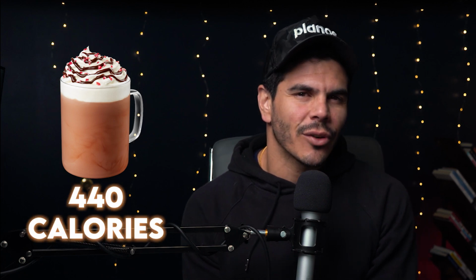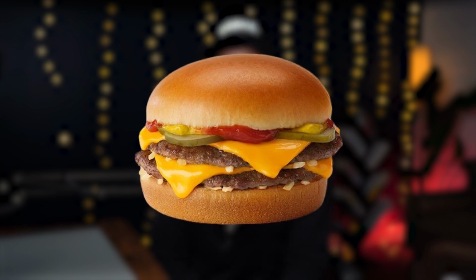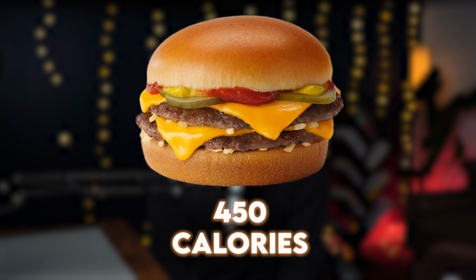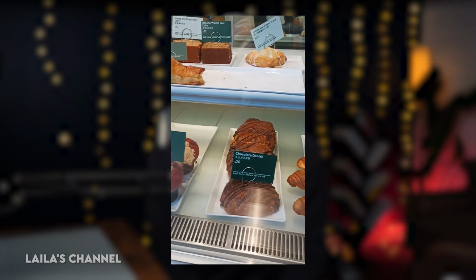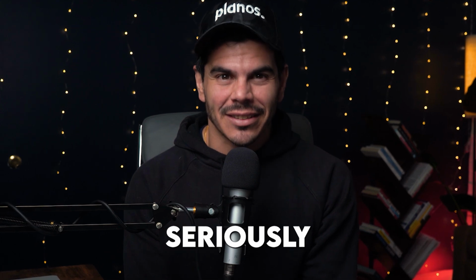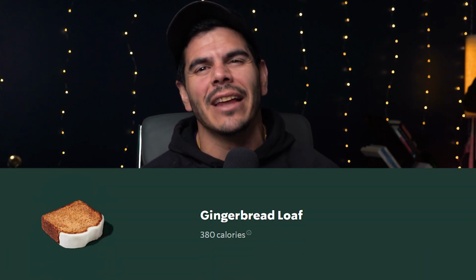If you ordered a grande without any type of modifications, you're getting 440 calories in your cup. To put that in perspective, a double cheeseburger from McDonald's has just 10 more calories than that peppermint mocha, sitting at 450. This drink also includes 54 grams of sugar, which is actually more sugar than any single baked good on the Starbucks menu. Seriously, their big slice of gingerbread loaf is the highest sugar item and it has 43